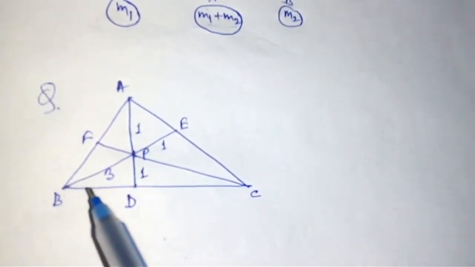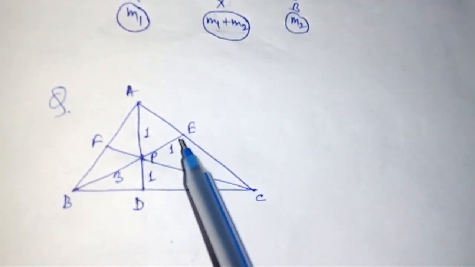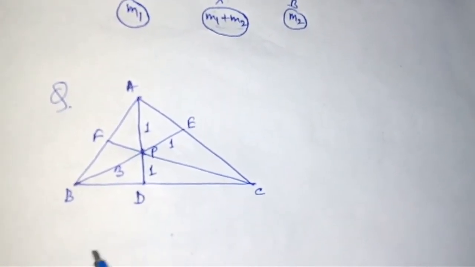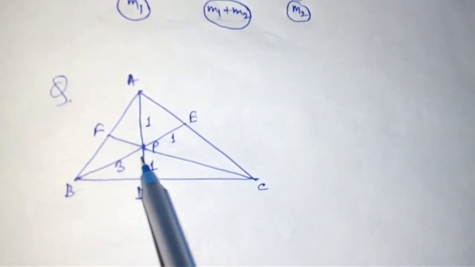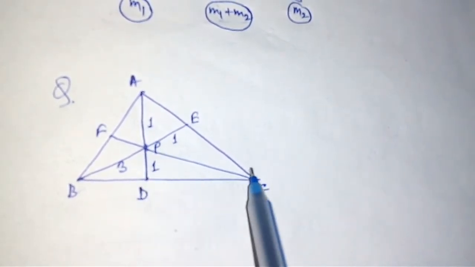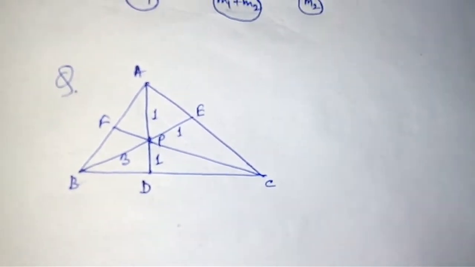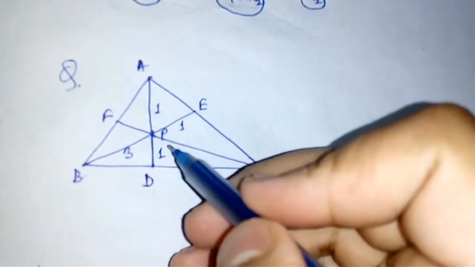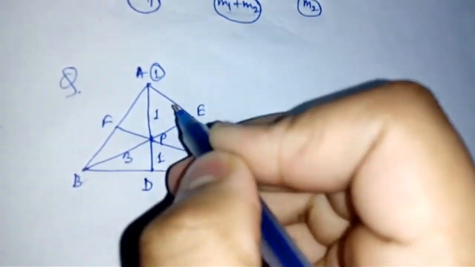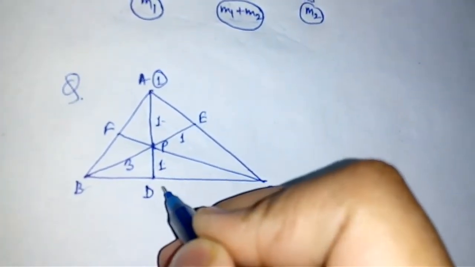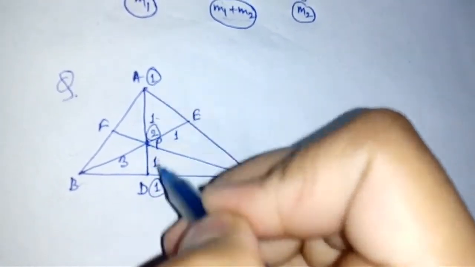We are given that ABC is a triangle, P is a point, APD is extended, BPE is extended, and CPF is extended. Now it is given that AP is to PD is 1:1, BP is to PE is 3:1. We have to find all other length ratios. Now to solve it using the mass point theorem, what I will do is that I will first assume the weights. See, this is 1, so crossing it over, this point's weight must be 1. This is 1, so this point's weight must be 1. And if this point's weight is 1, this point's weight must be 1 plus 1, 2.